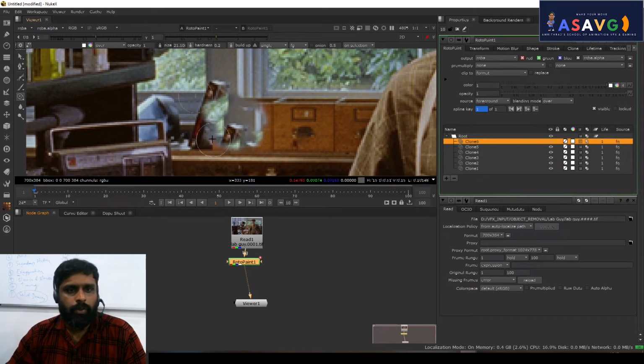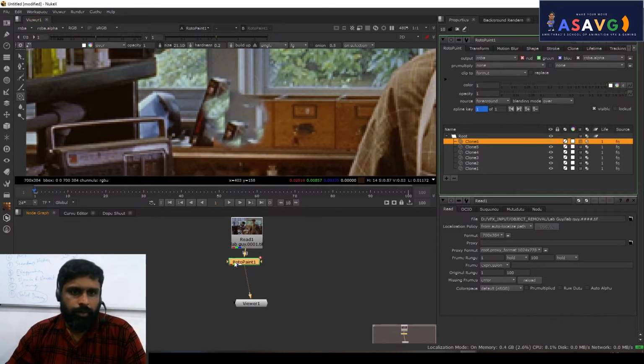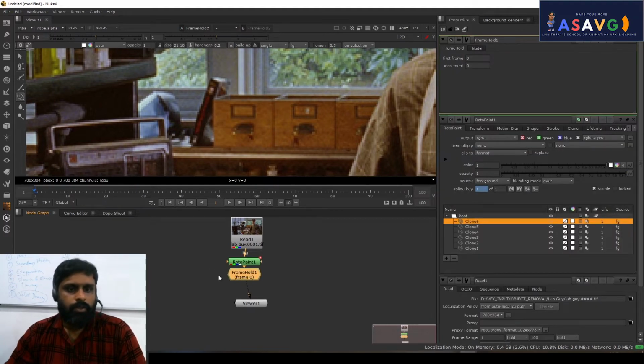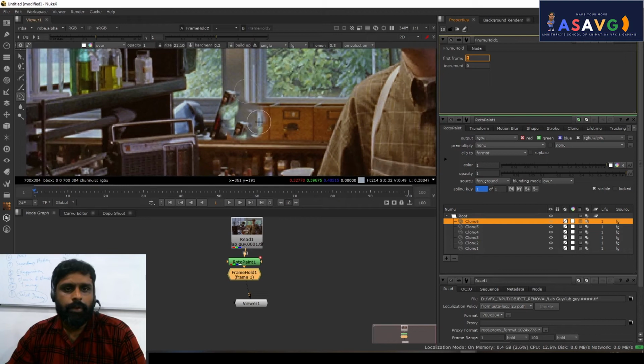Make sure that you remove this thing 100% perfectly. Okay, fine. So frame hold, click here. In the frame hold we can see two things: first frame and increment. In the first frame I have to add the first frame over here, which means whatever frame we have painted must be inserted on this frame, on this area. For that I will be adding the frame as first.